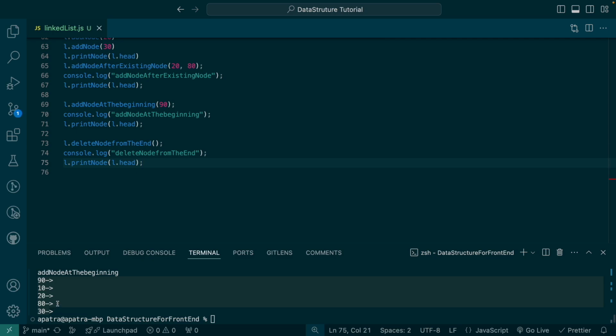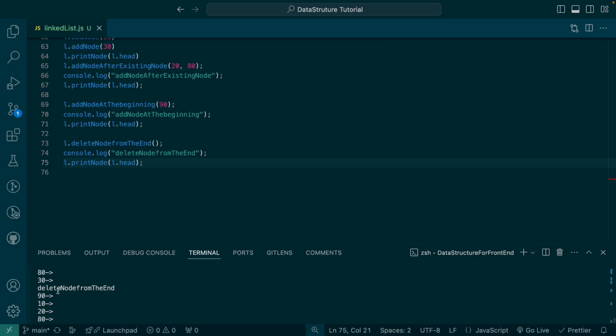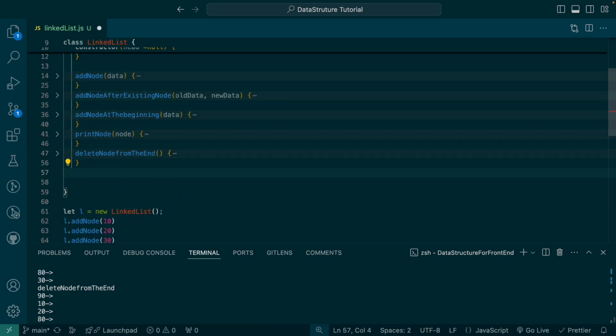So I'm just trying to delete this 30 from this linked list. Okay. Yeah, we can see this is the add node at the beginning, then the delete node from the end. So the 30 has been deleted, right? 90, 10, 20 is there. So now I'll try to delete the node from the beginning. Okay, delete node from the